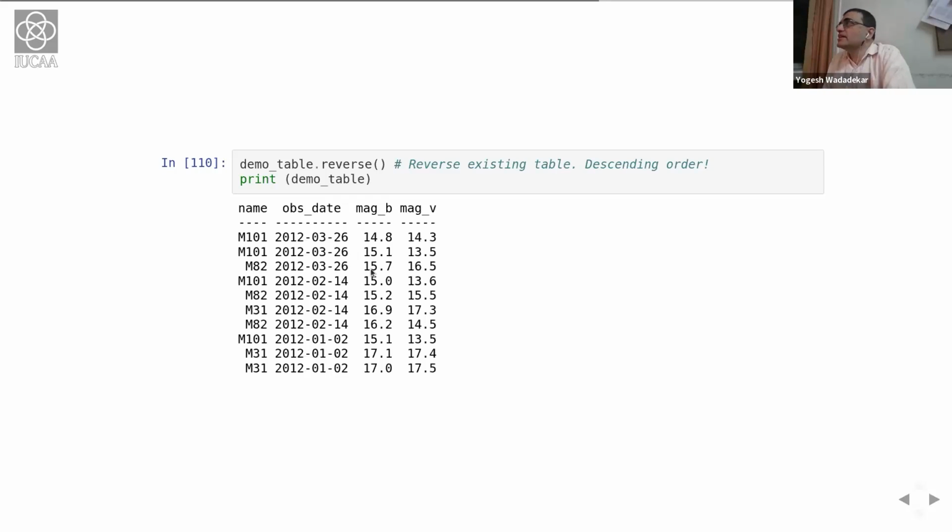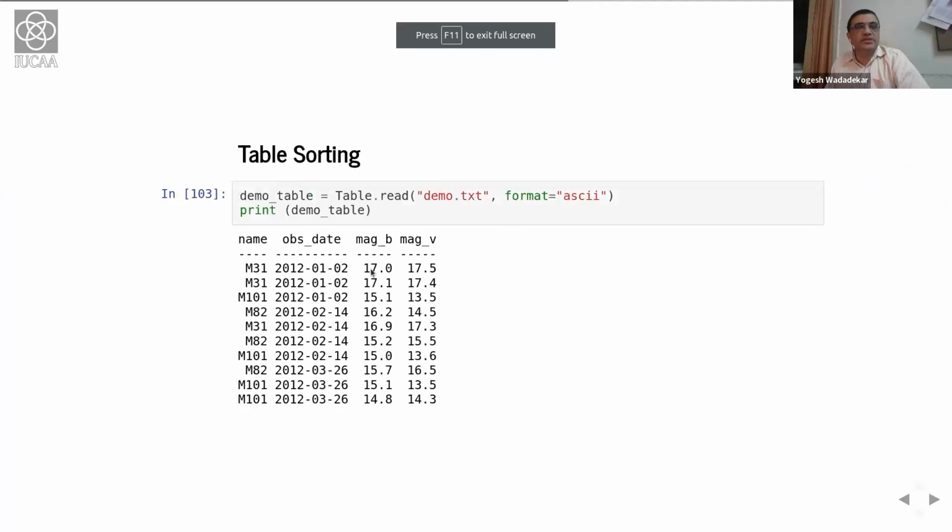Will we be discussing some examples on plotting using astronomical data from such tables? Yes, maybe one or two examples, but not really in detail. See, remember, I have told you how to plot data given a NumPy array, and it is absolutely trivial. In fact, with images, with tables, also you can plot one column against another column quite trivially, because I should probably mention that when you extract something, when you say